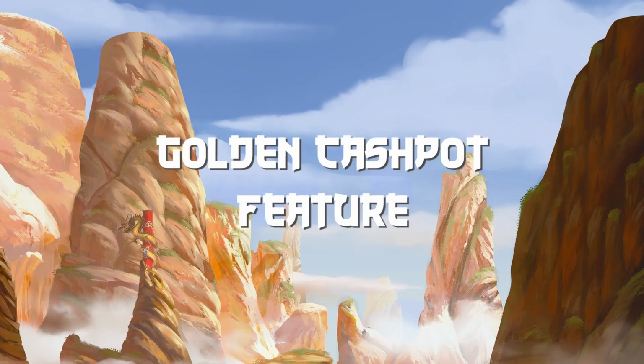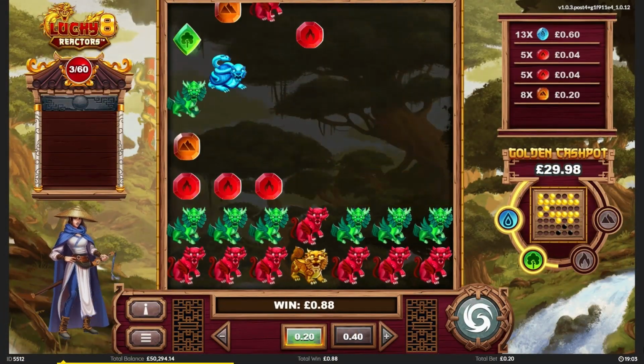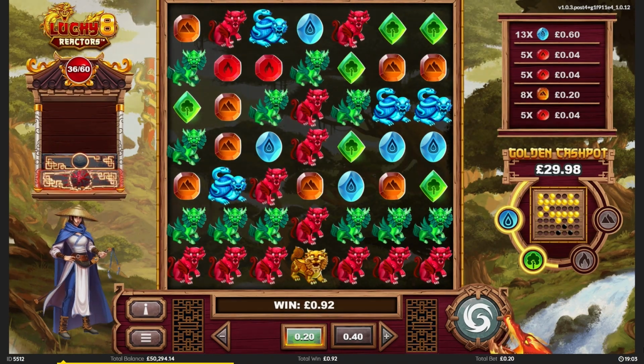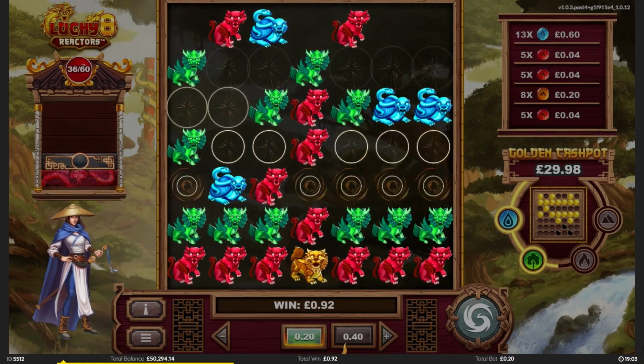The golden cash pot. This tracks the player's progress as they move through the 4 worlds of water, wood, fire, and earth. The mini grid on the right shows black balls which are turned to gold each time a symbol explodes in the main grid when the player gets a winning cluster. Once a player completes that world's pattern, they move to the next world, which is depicted by the game background